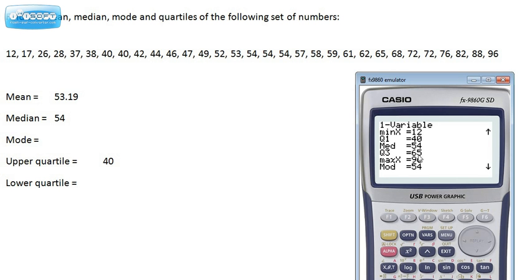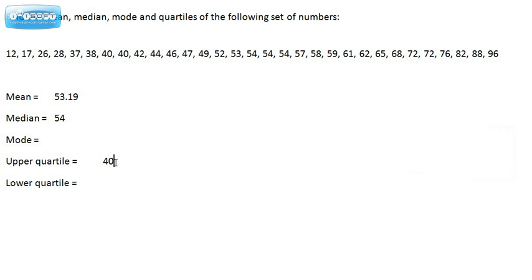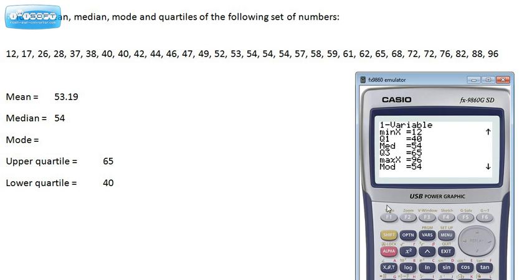The upper quartile is 65, this number 65 here. This is the number which is 3/4 of the way along the data, and so we'll have 1/4 of the data above it. Okay, let's just change this. This is a 65 here, and this is a 40 here. Got them the wrong way around. Okay,